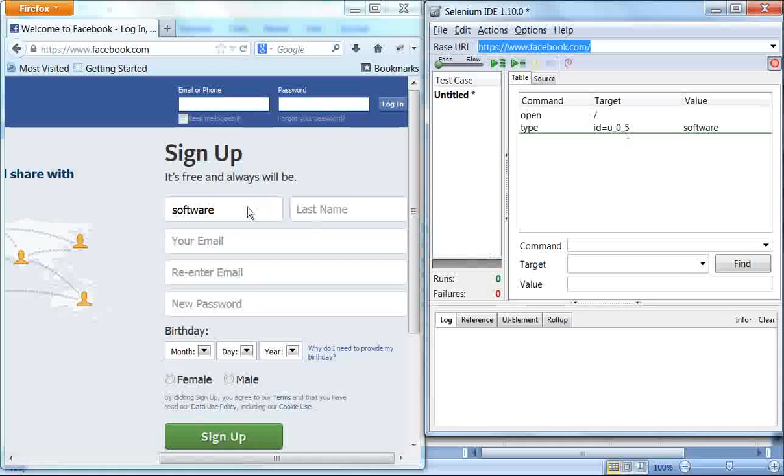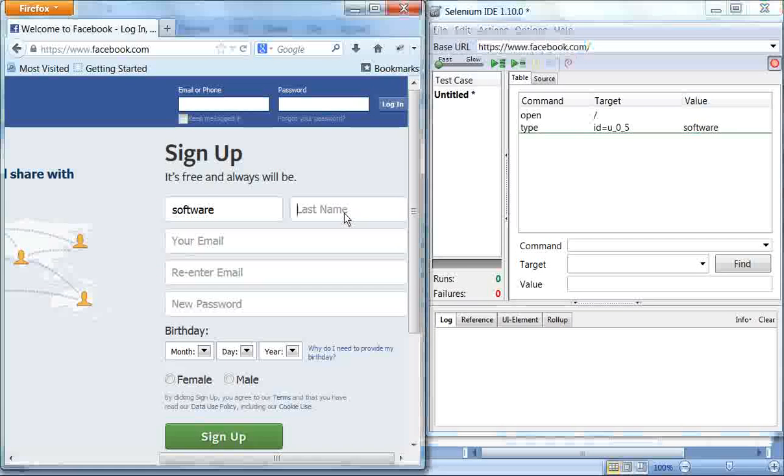That is for the first name element, the first name text box. And what is that? It has type enter, or you can say value software, right? As soon as you click on last name and you provide something like testing concept, and you click on your email address,